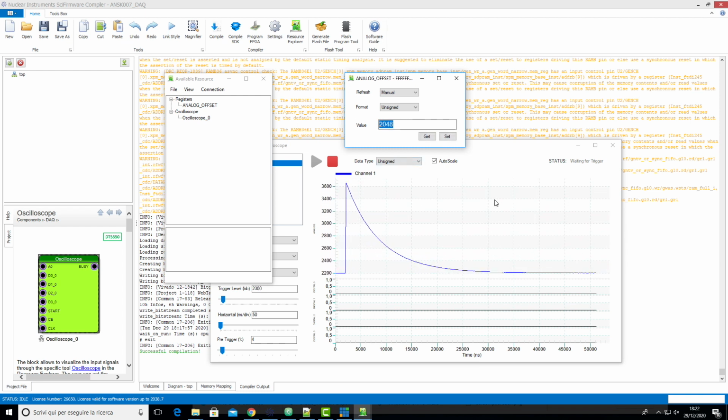If it's higher than 2048, for example 2100, we are going over, and if we set it to 0, for example, we are saturating down, so the oscilloscope is no more responsive. So with 1000, for example, we move it to a negative part of the ADC scale. So in this way we can center the dynamic of the signal correctly. That's all for this tutorial. Thank you for your attention.